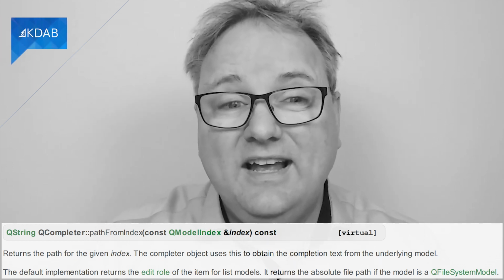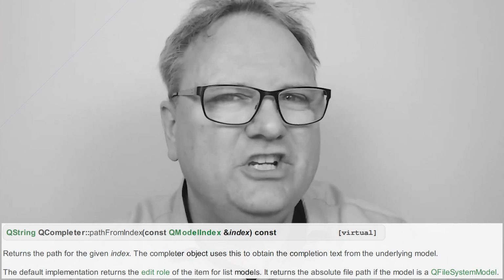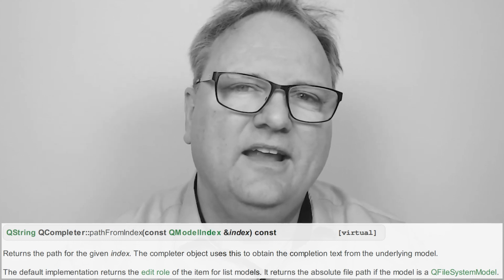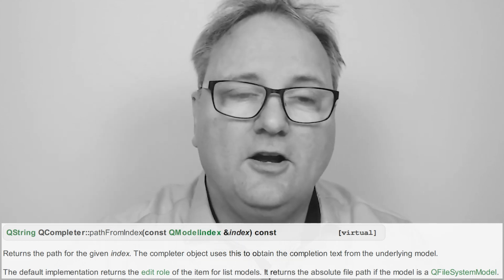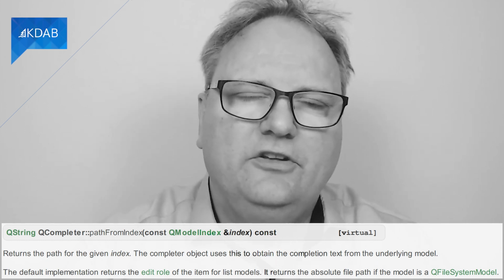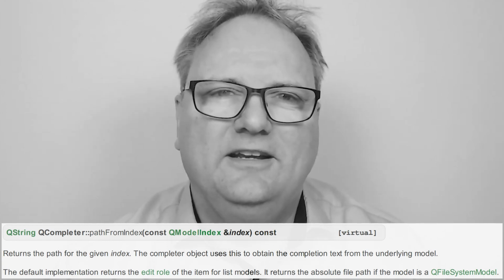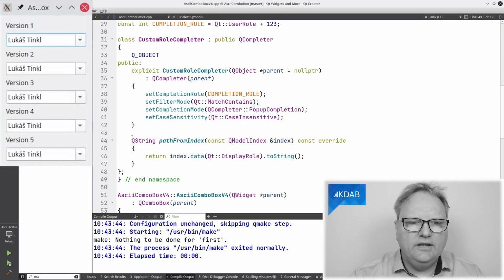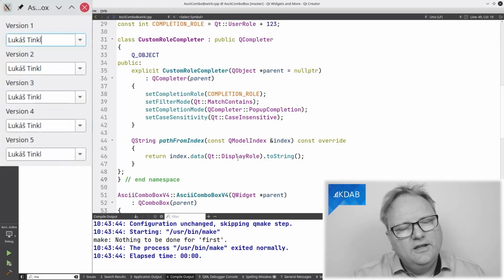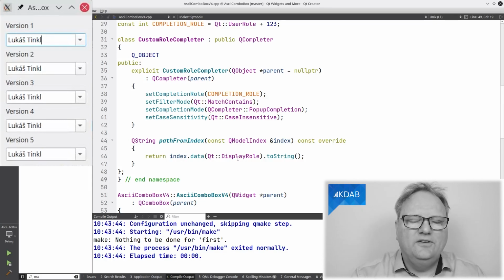So looking at the code here, you'll notice that it's actually virtual, meaning that I can subclass this completer and override the virtual method. Much cleaner solution. Let me show you what it looks like. Subclass of QCompleter, implement a constructor where I set all those things that I set outside before, and I simply override pathFromIndex. Given the index, I return the index.data display role. Well, I could have returned the edit role, it wouldn't have changed anything, but then it would at least have been exactly what the documentation says.